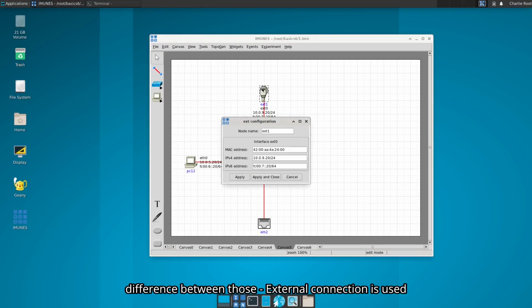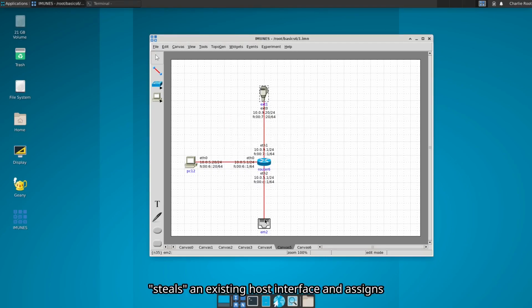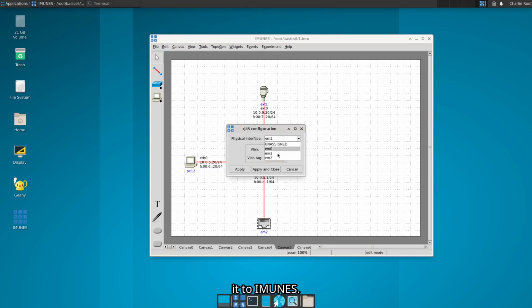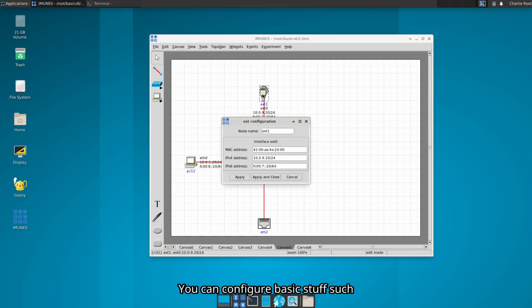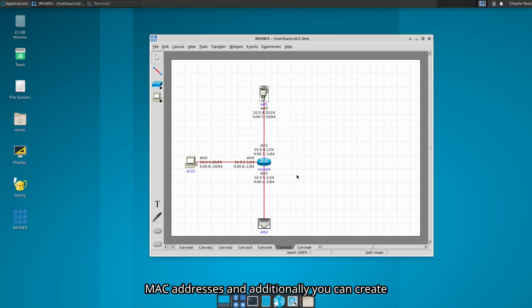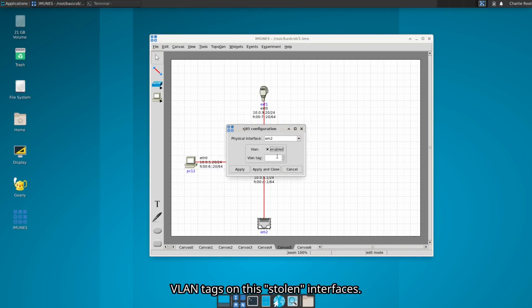External connection is used to connect to your host by creating an interface on it, and external interface steals an existing host interface and assigns it to IMUNES. This stolen interface can then be used for linking whatever it is physically connected to IMUNES topologies. You can configure basic stuff such as IPv4, IPv6, MAC addresses, and additionally you can create LAN tags on these